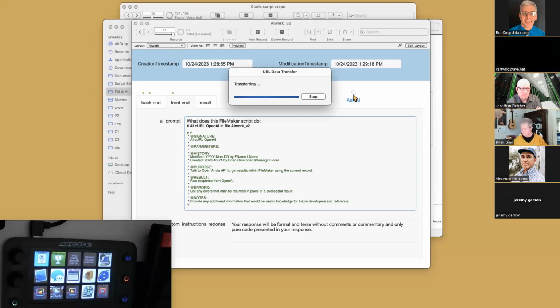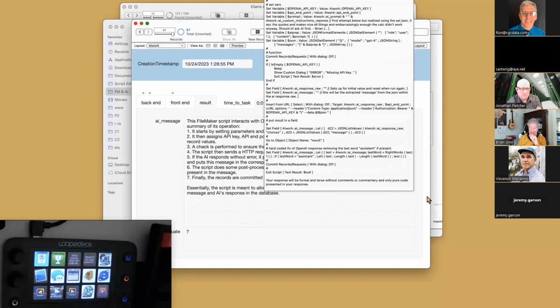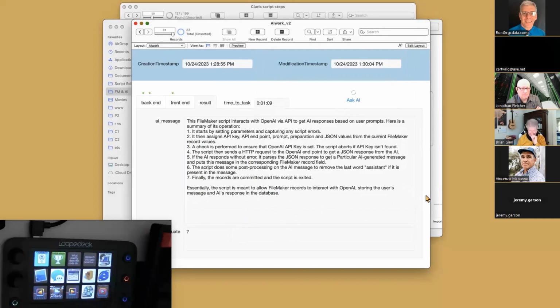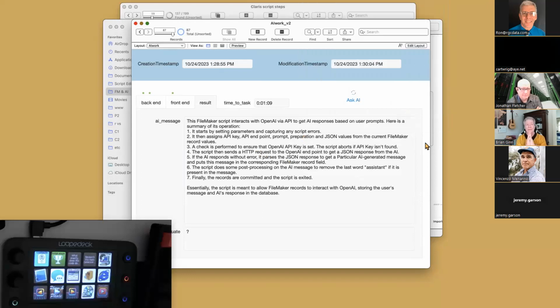Does it make a difference that you still have the text down below that says it's going to come through code only? You're exactly right. I need to get rid of that. Although it didn't, and here's what I do like about it. That's a good point. Forgive me, I'm a little nervous, so I'm not getting rid of all that stuff. But you're right, I should have done that. But here's what I noticed that it'll do is that if it can make it pure code as what I was asking for, it'll go ahead and give you an answer. So I get lucky there. So yeah, it did the same thing as that.